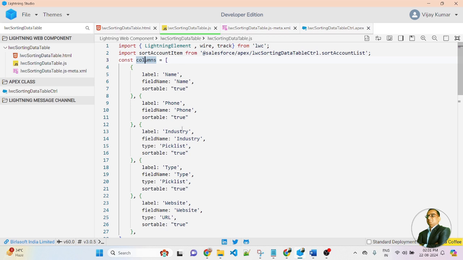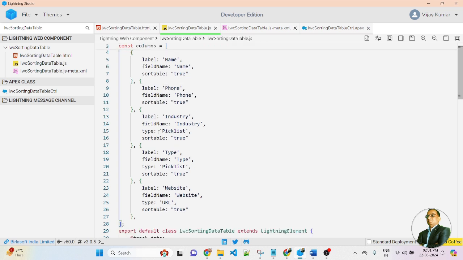Inside the column I define a field name of the account. This is a key and this is a value. In each object I pass the same type of JSON data: label, fieldName, and sortable. Each key's value is different because it is a field name of the account.